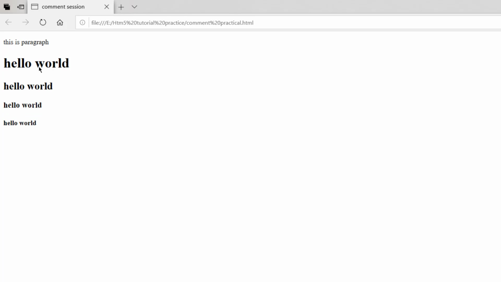Okay, now I just want the user to show only header h1, and I don't want h2, h3 and h4 to be displayed to the end user.